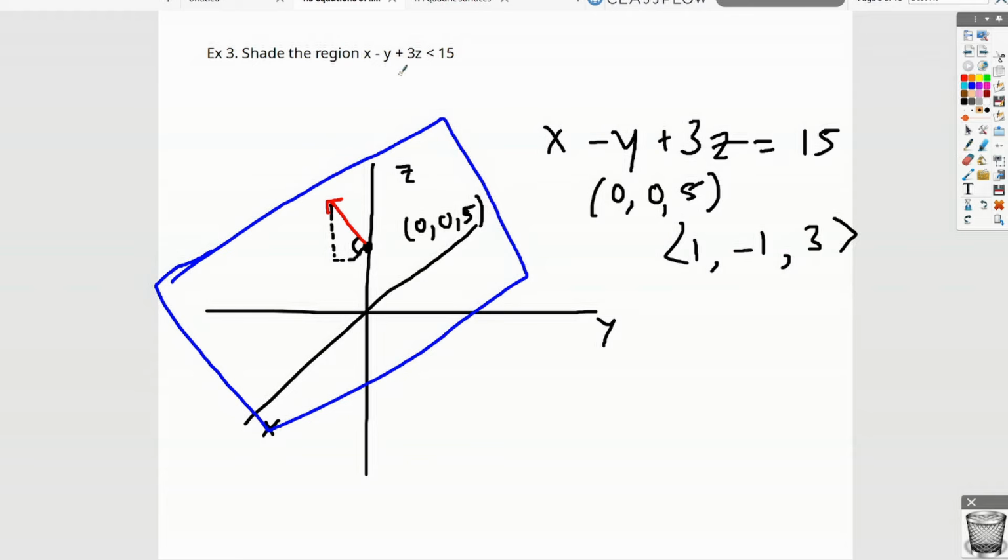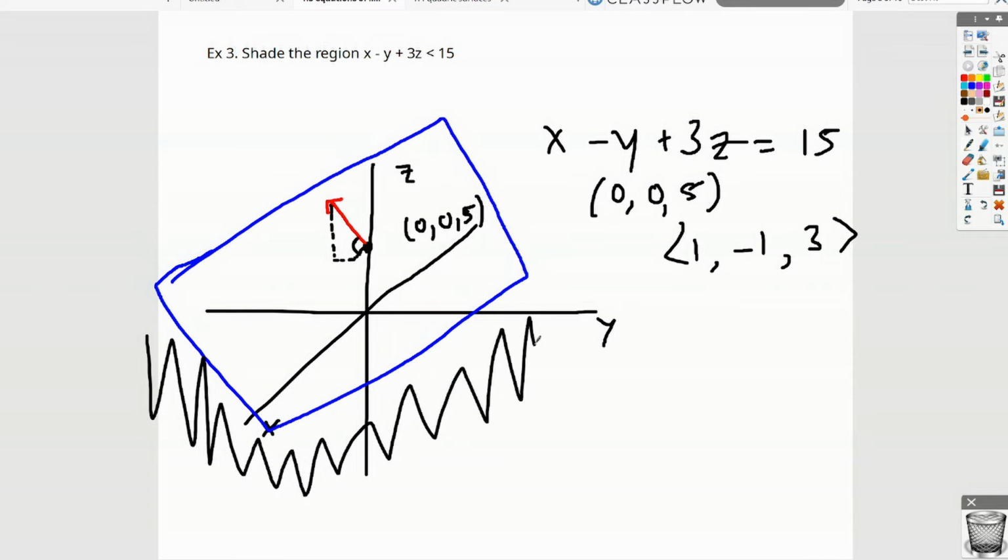So let's use a point that we know is less: 0, 0, 0, right? It's a little bit hard to see right here, but 0, 0, 0 is 100% in the bottom plane. It's not in the top plane. It's a little bit hard to see, so we'll probably use something even like 0, 0, negative 10, probably somewhere right here, right? We know that's lower, and we know that 3 times negative 10 is less than 15, and that does fit the criteria. So in order to shade the region,